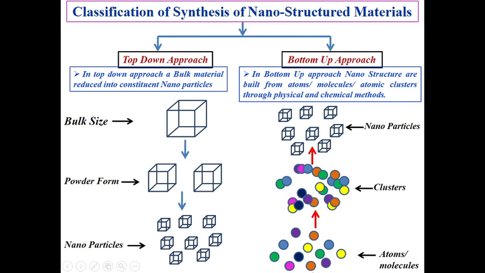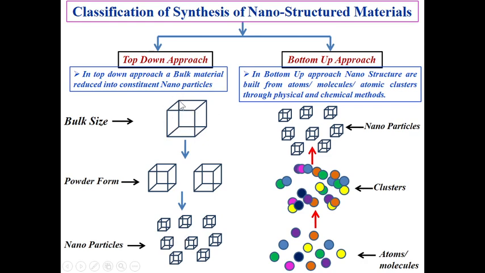That means, just imagine atomic size and nanoparticle size. Atomic size is in the angstrom length, and this will be in the nanoparticle length. That means from the bottom, from lower to higher. The dimensions of atoms and molecules are smaller, and nanoparticle dimensions are larger than the atoms and molecules. But here, if we compare bulk size material and nanoparticle materials, nanoparticles are the smaller size, and bulk size material is the larger size.